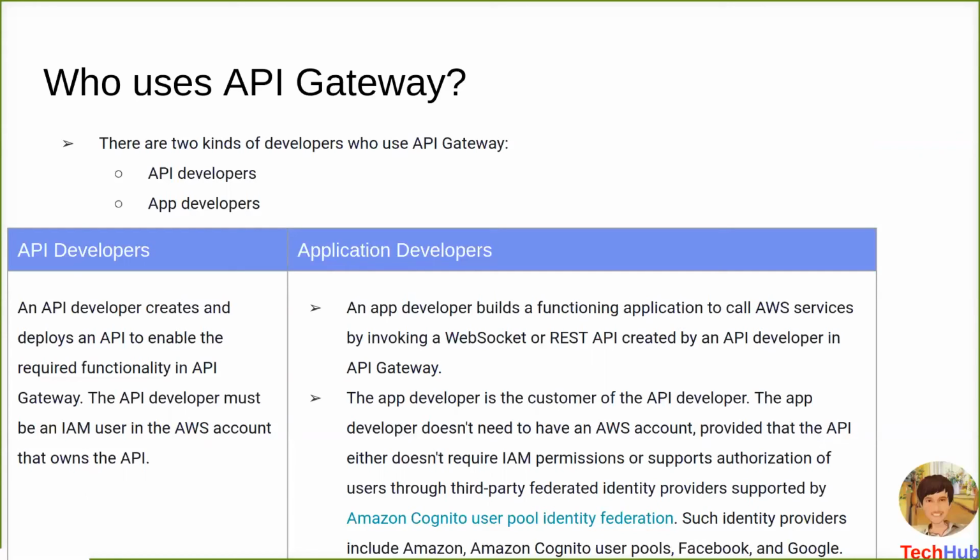For that, the API developers are the bank people, and Google Pay, PhonePe, and BHIM are the users who are going to consume these APIs. They don't need to be part of the bank, and they should use the proper credentials. They should not be part of AWS.